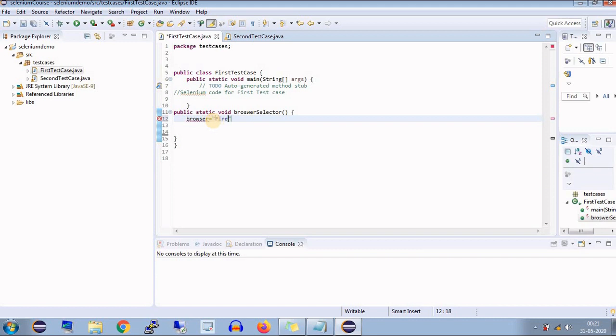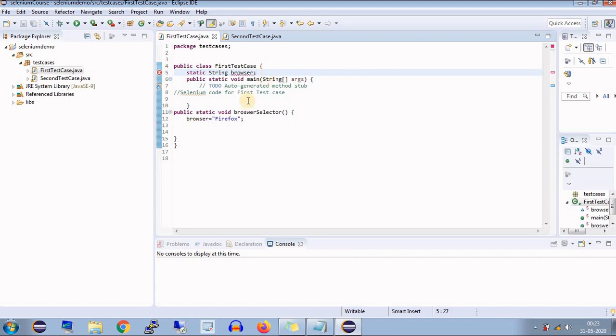We can change the value at any time, but right now I'm getting the error because I need to declare it as a static string in public class. So here I declared it as a static string. So the error is gone. Now after that we are done with the first method to select the browser name.